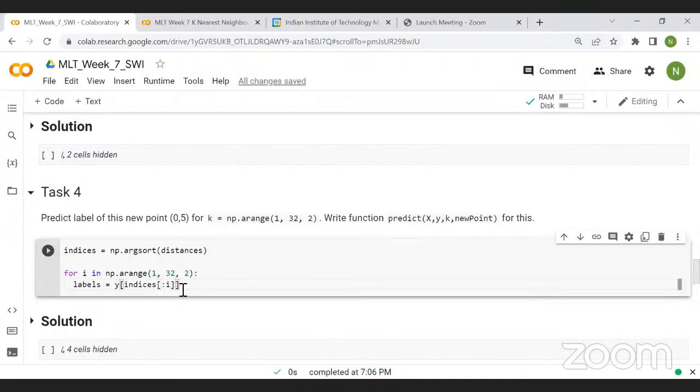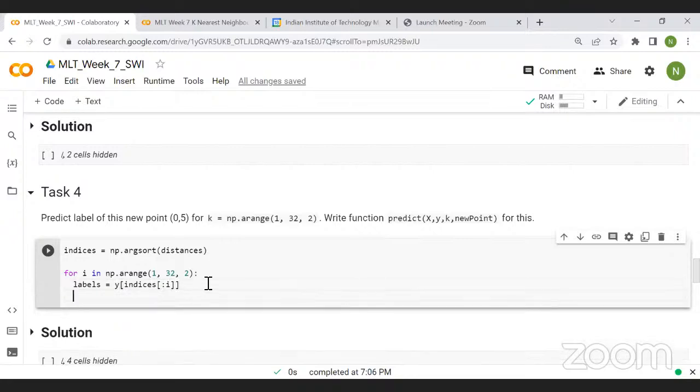So we have our labels. Then how will we predict? Let's say knn equal to